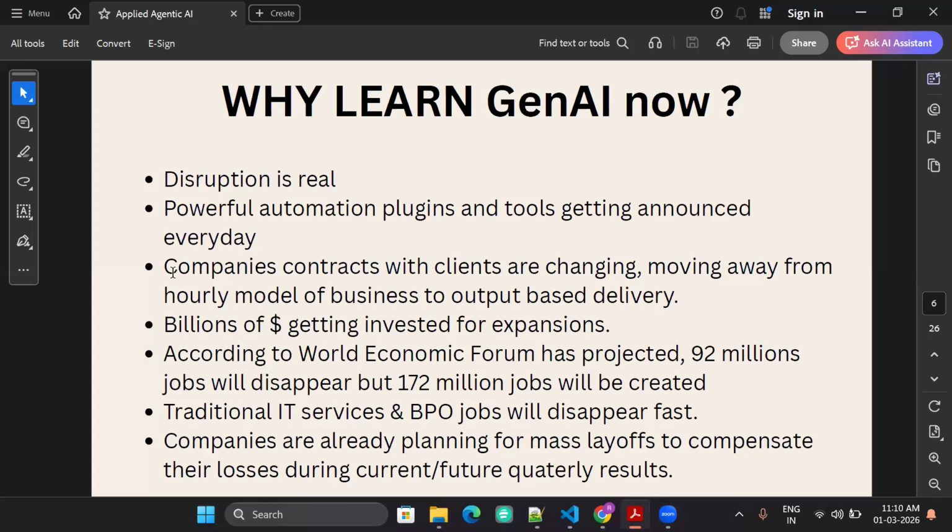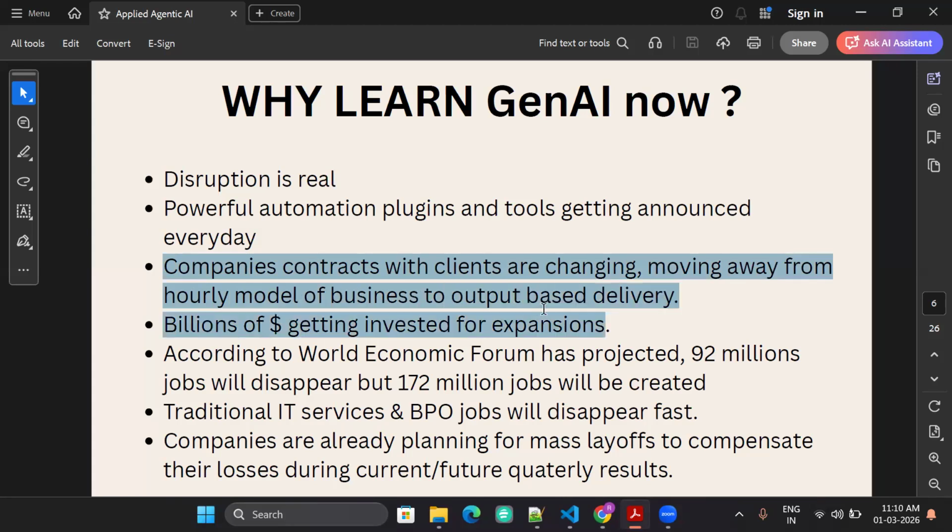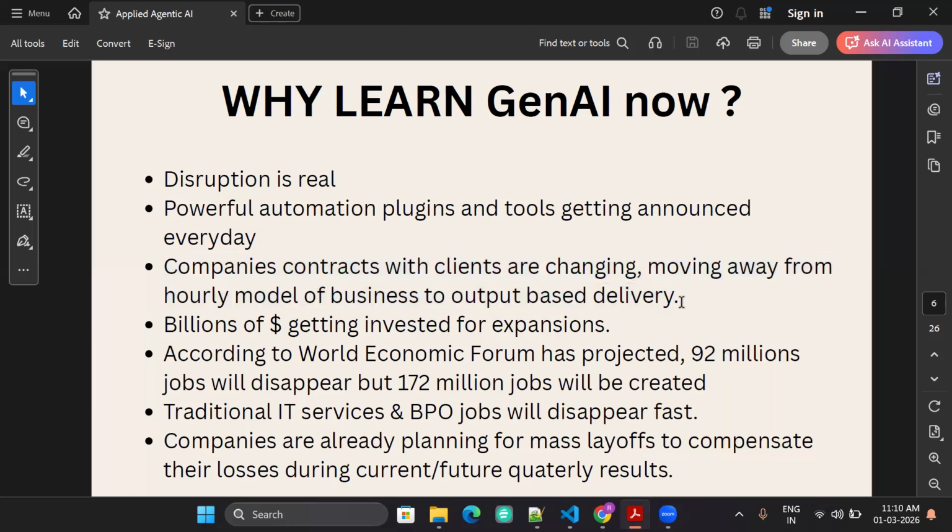So this is the main point because of which there will be a lot of job losses happening, and this has started this year itself. When the contracts are getting renewed, big companies are already doing this. So the effect of this will be coming, let's say, in this appraisal cycle to some extent, but in 27, the next year's appraisal cycle, you will see a huge impact of this.